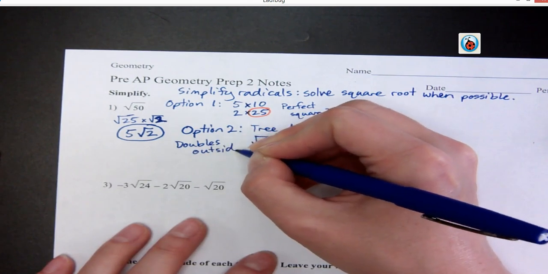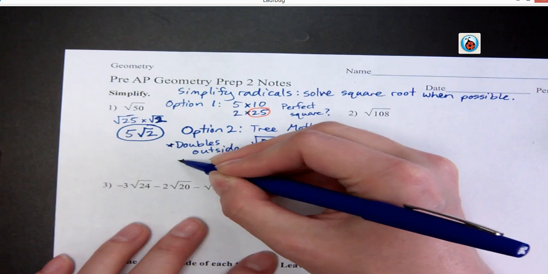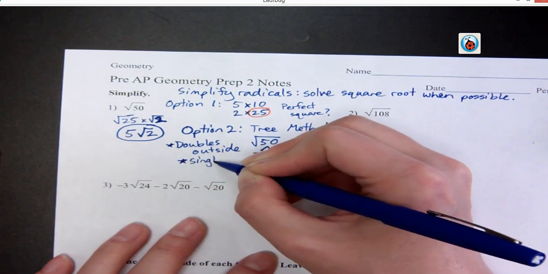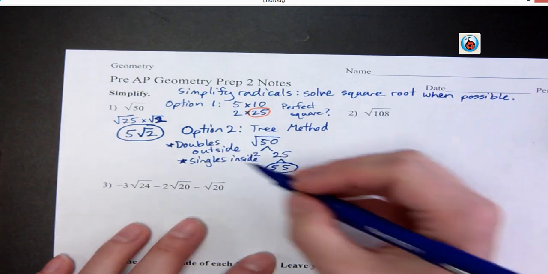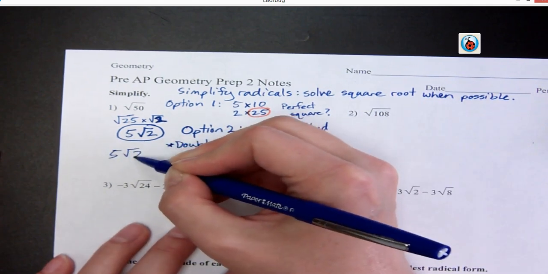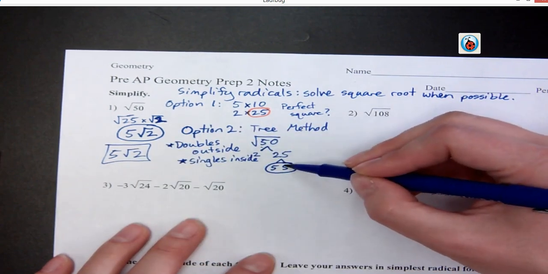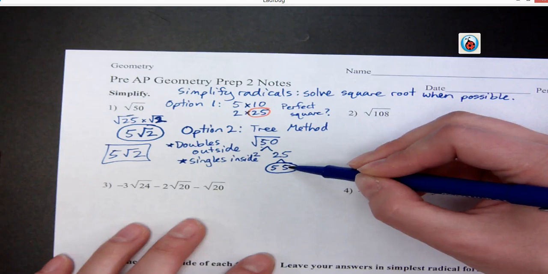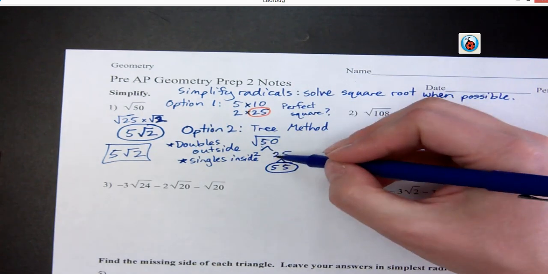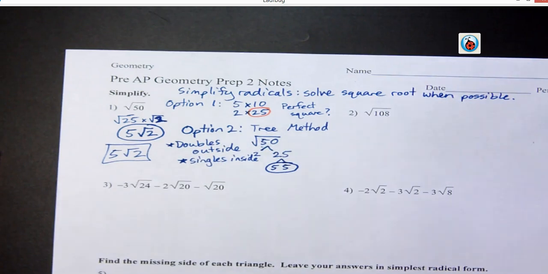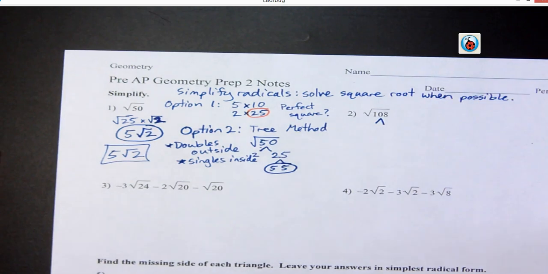You can think of them, they're a pair, they're going outside on a date. Okay? Singles inside. Singles stay inside at home. So that gives us the same 5 root 2. And it's the same math, because anytime you have the doubles, it just tells you, hey, square root of 5 times 5 becomes whole number 5. But a lot of people like it visually this way. It also helps when you have a bigger number. So if we have 108,